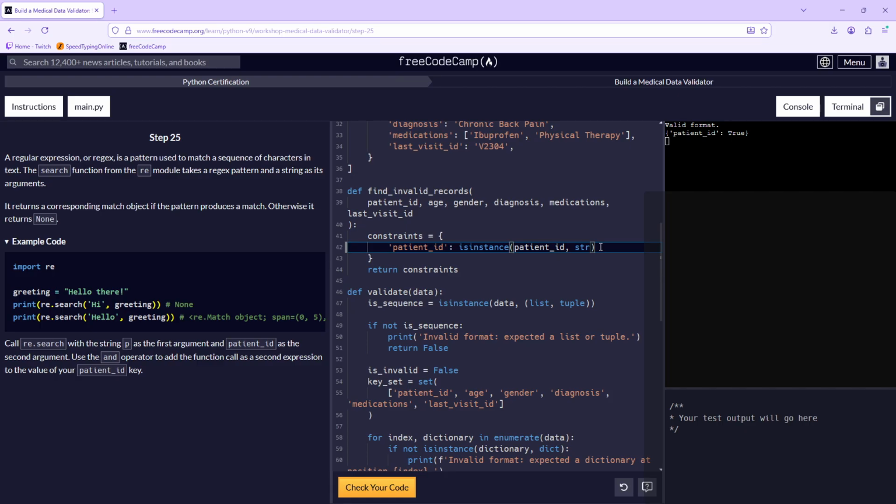Can I just say AND? Is that what that means? Can you do an AND operator for a value in a dictionary?